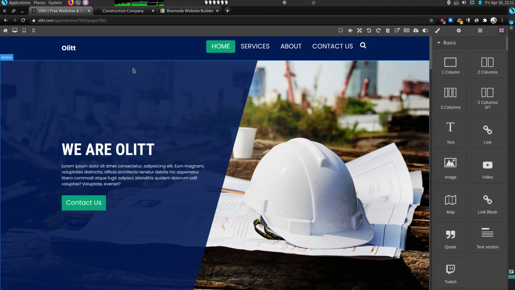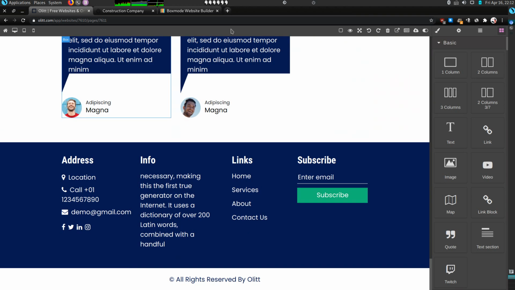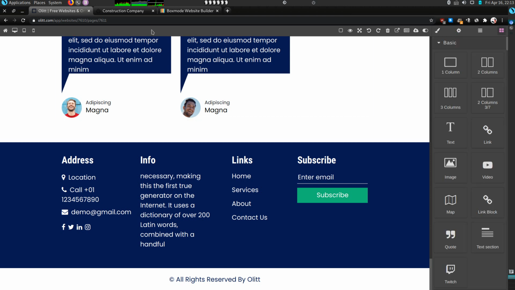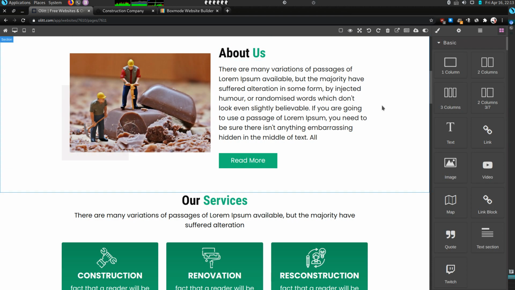So this is how OLITT looks like. This is how the online editor looks like. As you can see, that is view components, that is a preview, that is full screen, redo and undo, you can delete it, that is the visit button, that is toggle newsletter, and autosave is enabled. So at least you know. Open style manager, that's what we have there. These are the settings. These are the open layer manager, and those are the blocks. So from the blocks, as you can see,